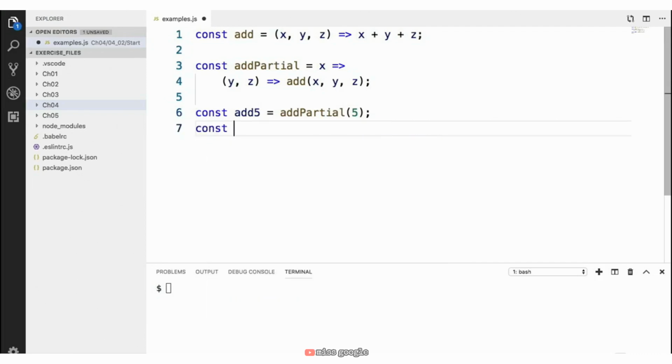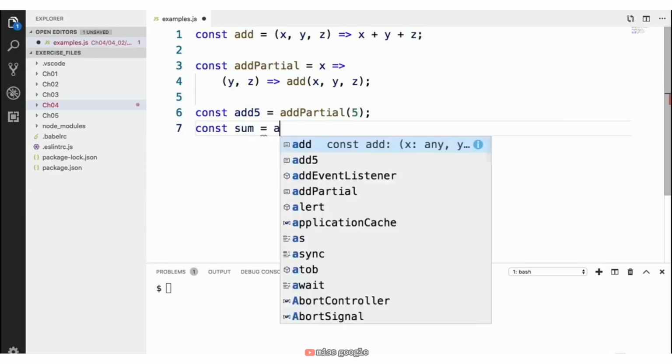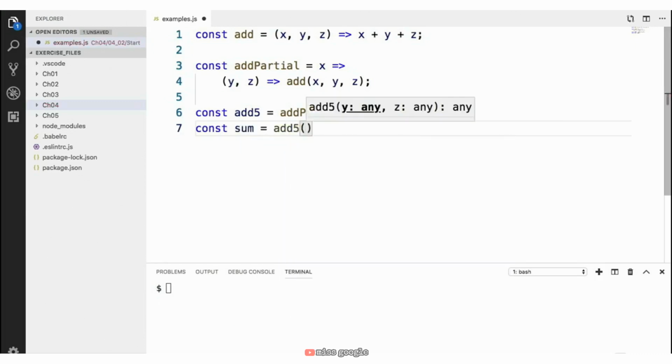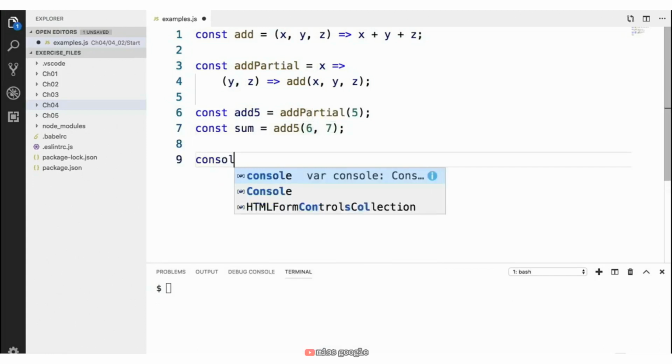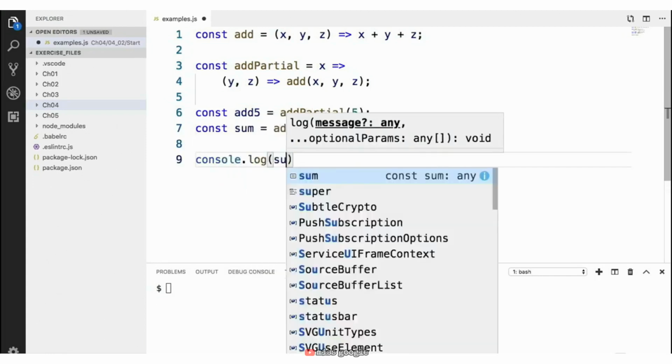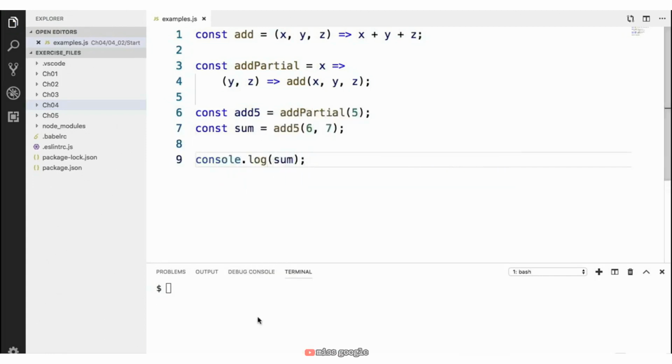We can then call our add5 function like this. We'll say const sum equals add5, and then we pass in the remaining two arguments. We'll say 6 and 7. If we log the result, console.log sum, and run our code,